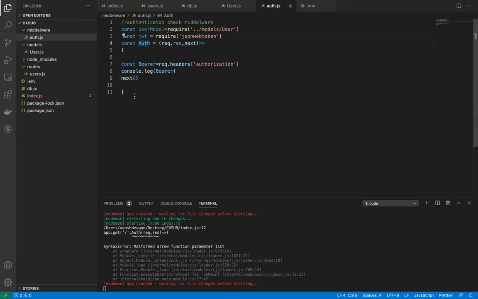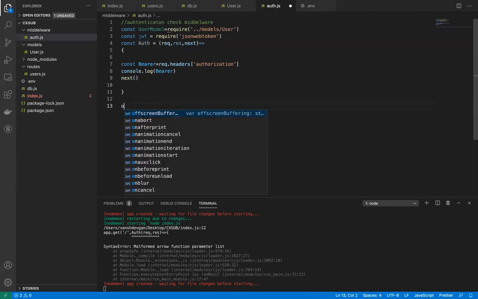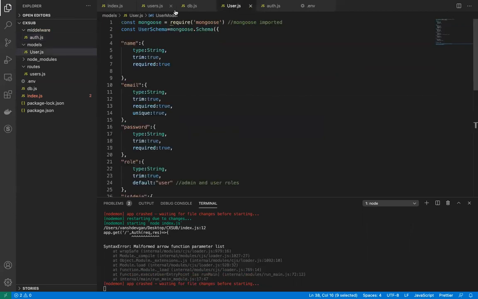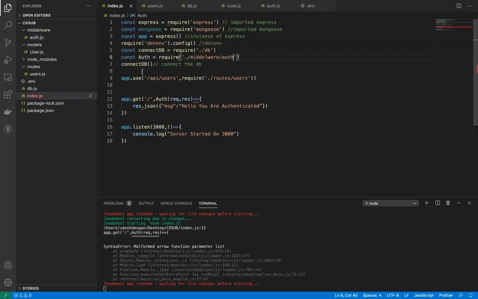This auth function I have written, I will export it first: module.exports equal to auth. Then I have imported this auth over here and placed it in the route. Okay, it needs a comma.